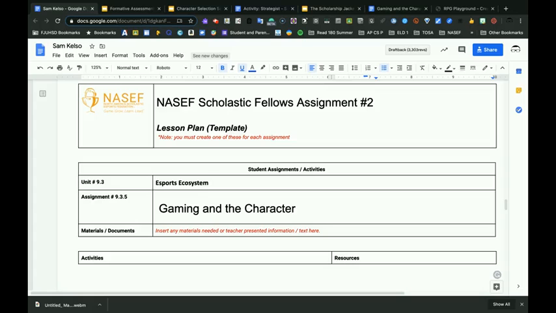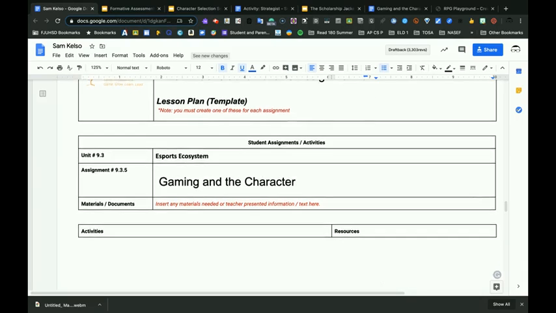Really wanted to commit to taking a robust assignment from the ELA 9th grade curriculum and bringing it into an ELD 1 class and keeping it as engaging and interesting for the students as possible, but also making it accessible for them. And essentially, the goal of this assignment is students learn